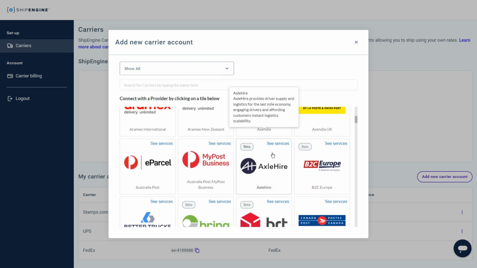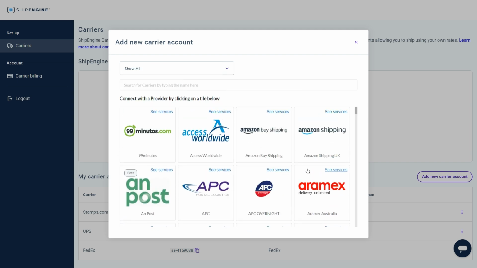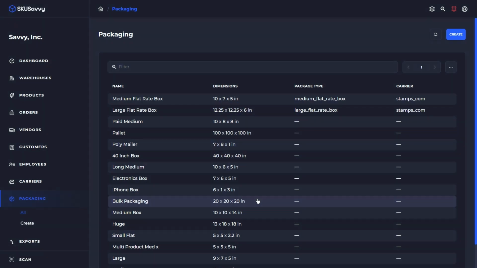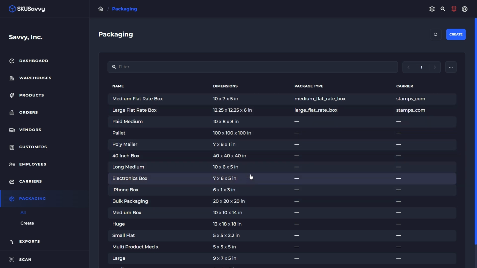If you don't see a carrier that you would like to, be sure to let us know and we can do what we can to get that carrier added here. Heading over into our packaging, of course, you would need to add packaging. This packaging inventory can be tracked at a specific warehouse location. So you would just go ahead and add all of your available package sizes, and then that will be available